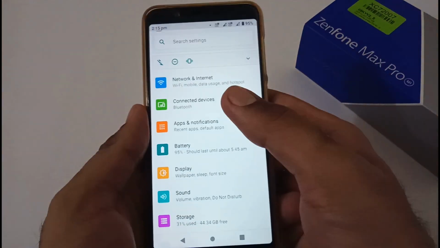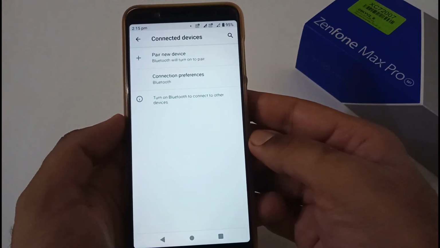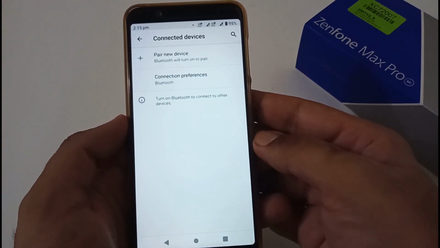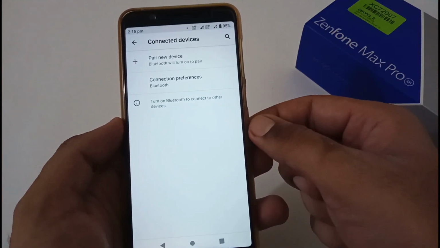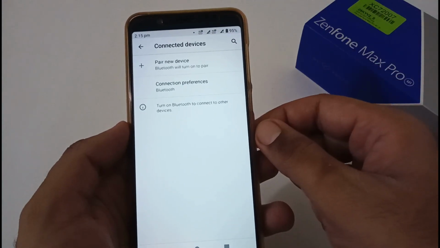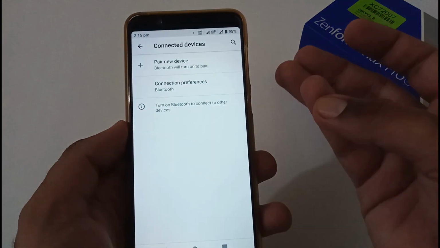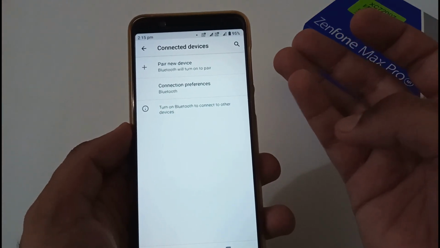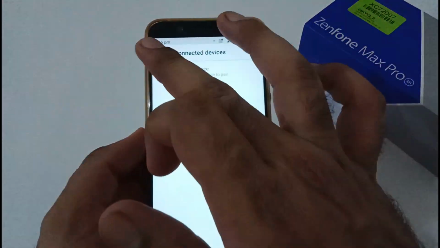So after battery matrix, now let's move to connected devices. So in this particular section, I usually test two things. One is Bluetooth devices and another is screencasting. So screencasting is working absolutely fine, and I have tested on 2 to 3 different laptops, and it was able to connect on the very first instance. Apart from this, Bluetooth is working fine for file transfer, and I would say audio via Bluetooth devices and so on. So overall, there is no problem with the connected devices.